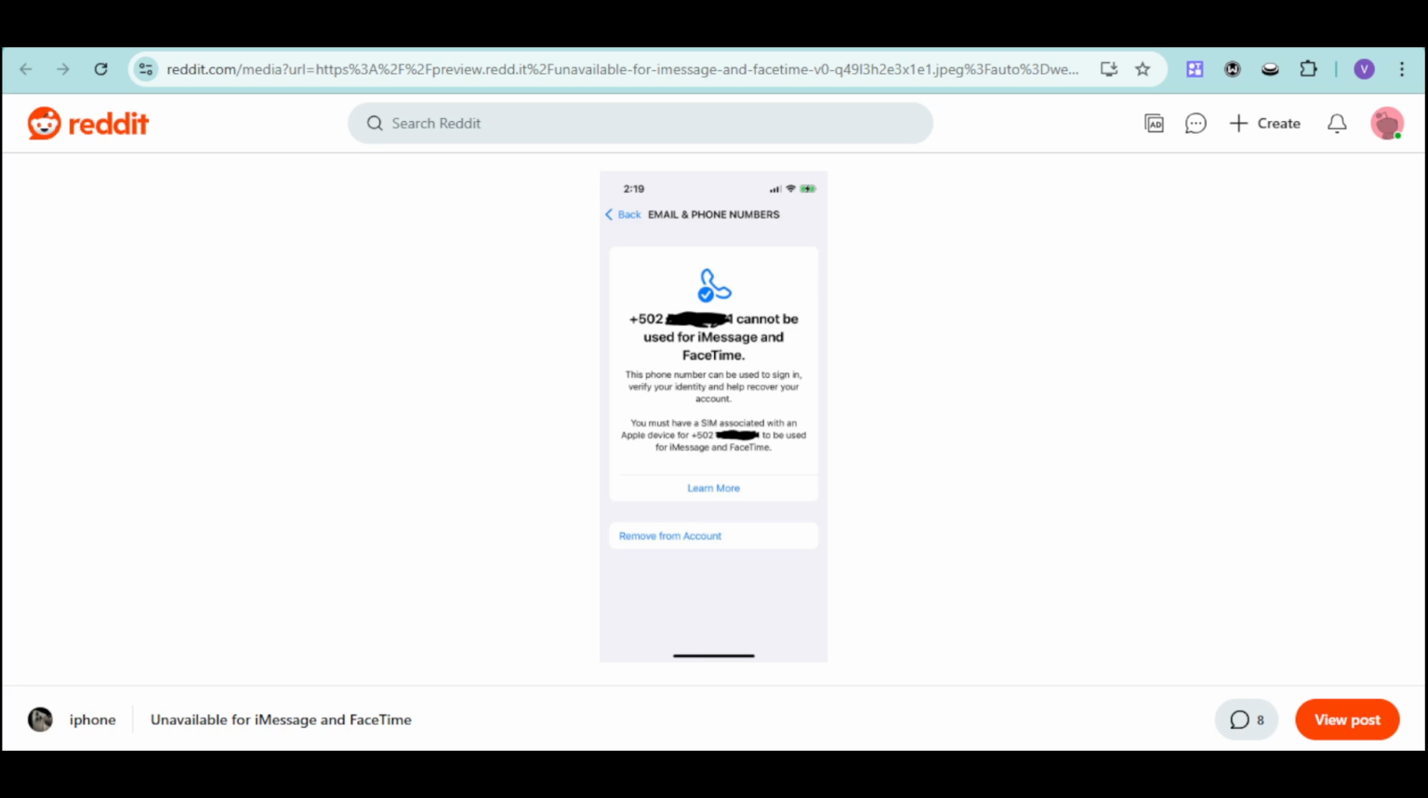How to fix phone number unavailable for iMessage and FaceTime. So, if you ever encountered this type of issue wherein your phone number cannot be used for iMessage and FaceTime, that must mean that you must have a SIM associated with your Apple device for that particular number and for that to be used. So, in order to solve this particular issue, which a lot of users reported on having,